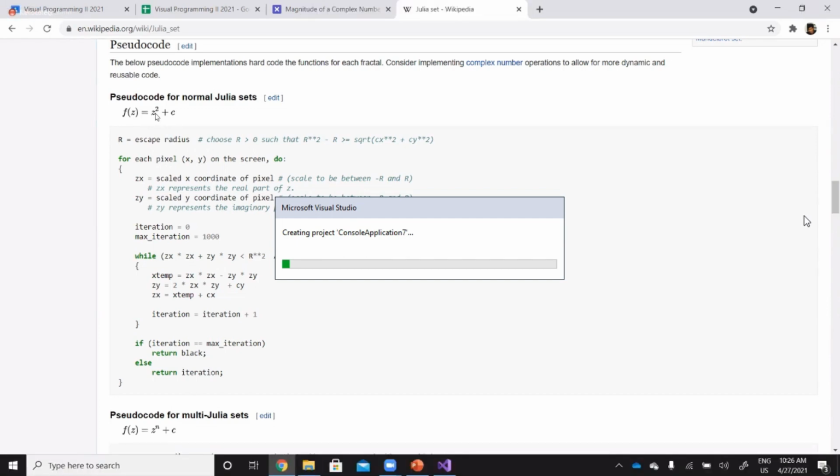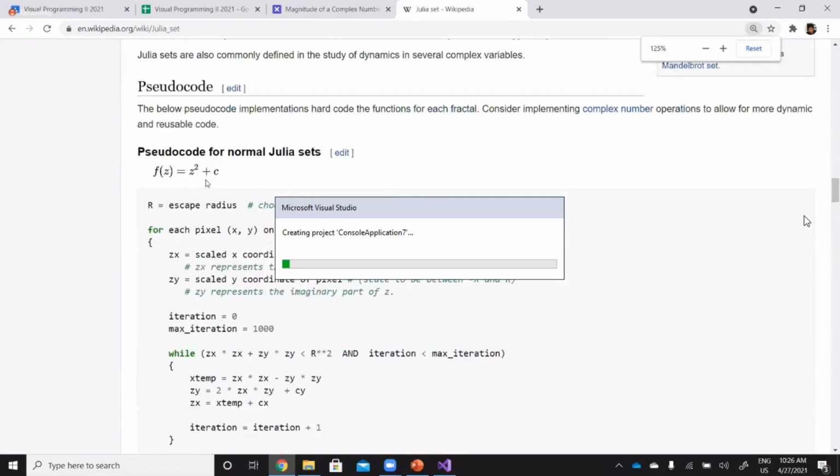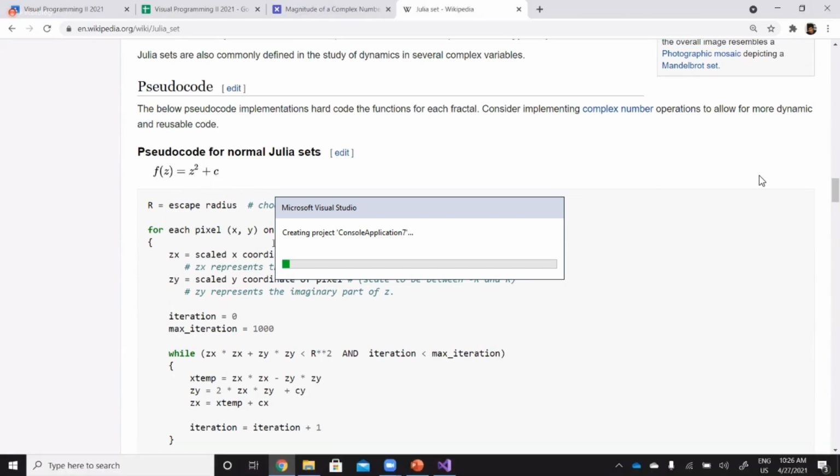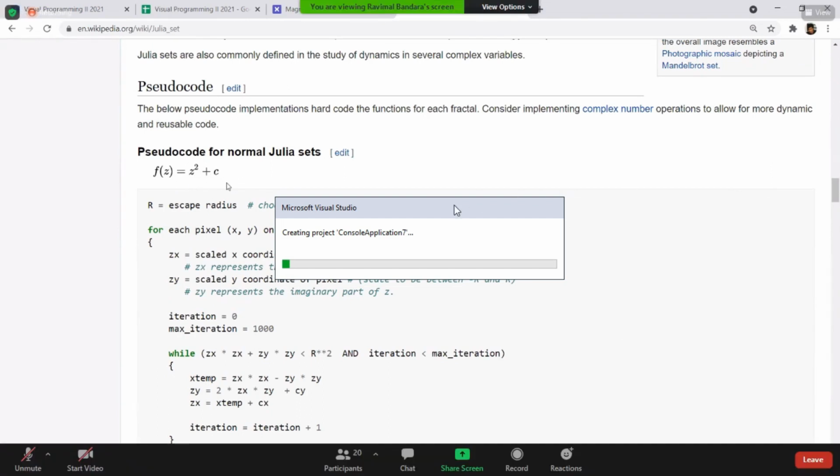That is z, right? x and y, that is z. So what you have to do is you have to keep doing this. z equals z squared plus c. z squared means z multiplied by z, plus c. Now c is again a constant, right?